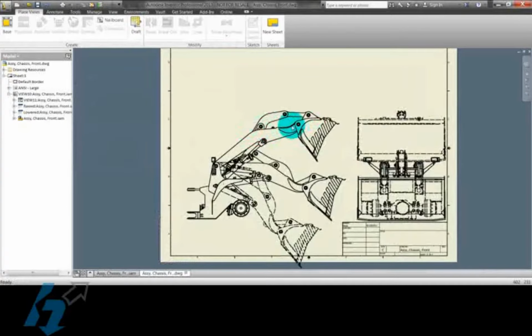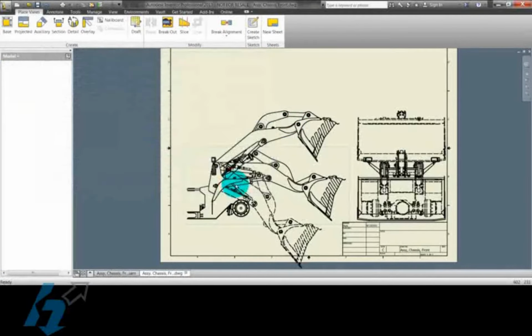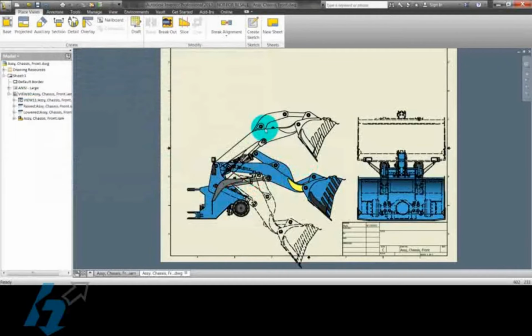Now they don't stand out as distinctly when using the as parts option, but if we turn the shading on in one of our views here, we'll see a little more clarity between the views. So once you have your positional reps set up inside your assembly,